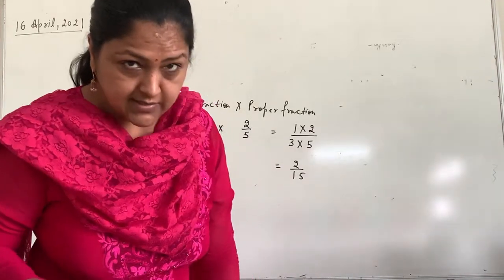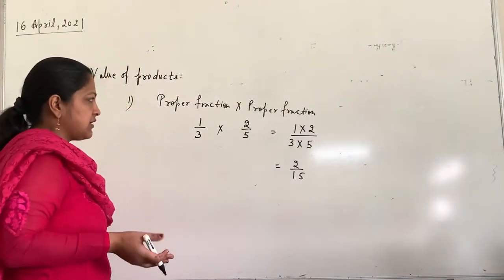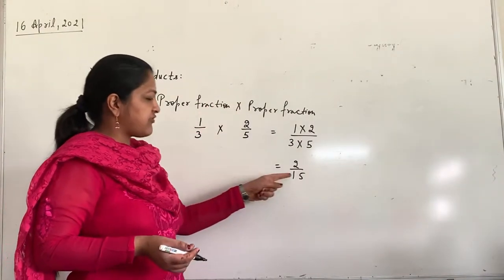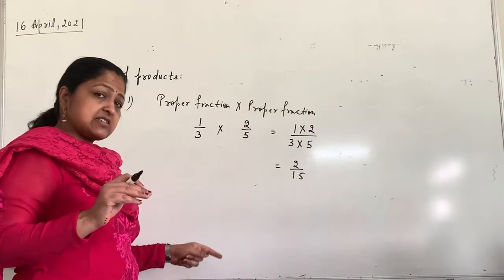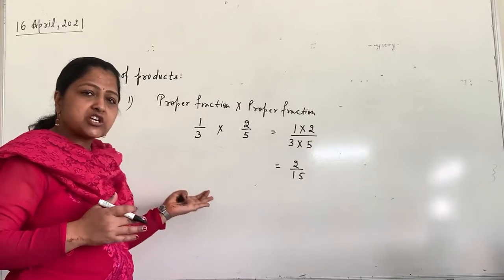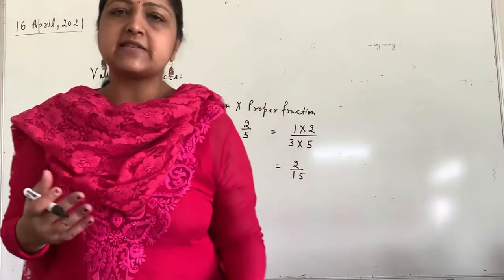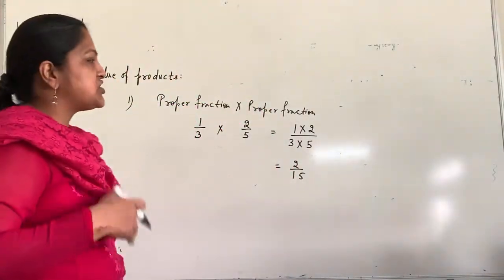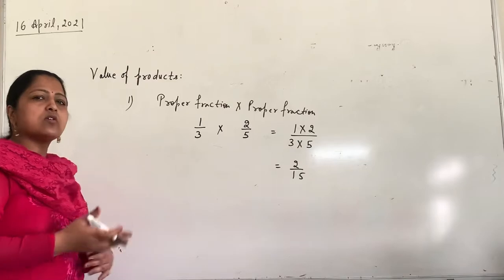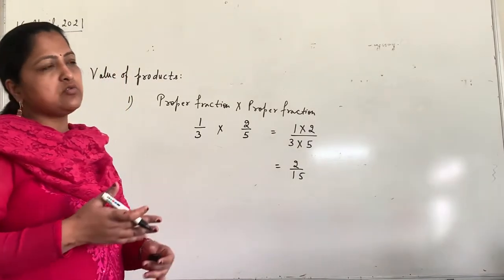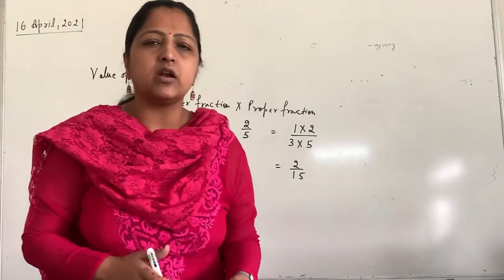So what do I want to discuss here? The product of two proper fractions, is that less than each of the fractions or greater than, or what? Like what result? In the exam you are not having that much time to check, so it's better you understand them already and then just learn them as the important results.